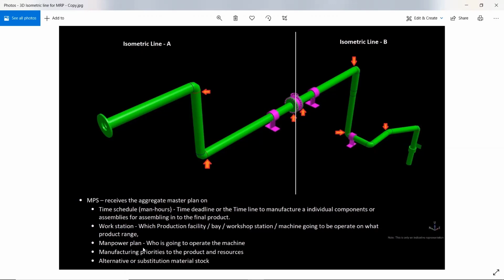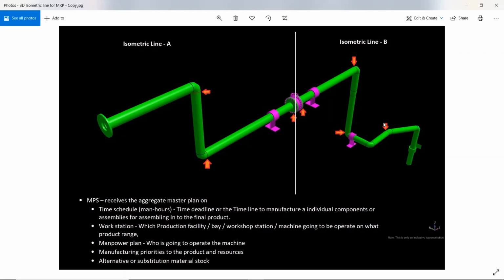I have multiple crews with me, like fitters and welders, working in different time frames: morning shift, day shift, general shift, and night shift. So which gang I am looking to assign for the fabrication of this particular line, I can assign here. Next is the manufacturing priorities. For example, I have two lines, and both lines require the same materials, the same pipe, the same elbows, and other fittings. So I have to decide the manufacturing priority.